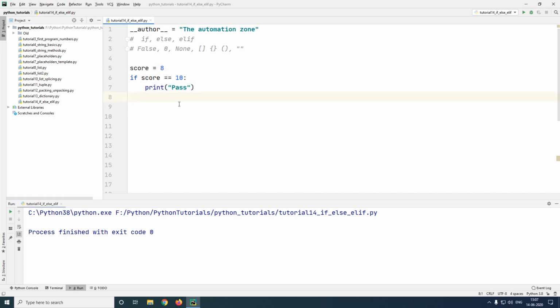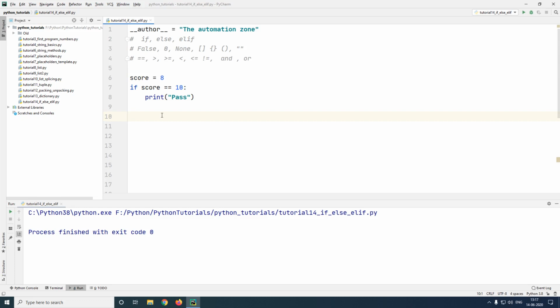We have many other logical operators in Python as well. They are as follows. We already have seen the double equal to sign, which is to verify if two values are equal. We then have the greater than sign, or to check if something is greater than or equal to, the less than or the less than equal to, and finally the not equals. We can also go ahead and combine two logical operators as well by using the AND or the OR operator. We shall now see a few of them in the below example.